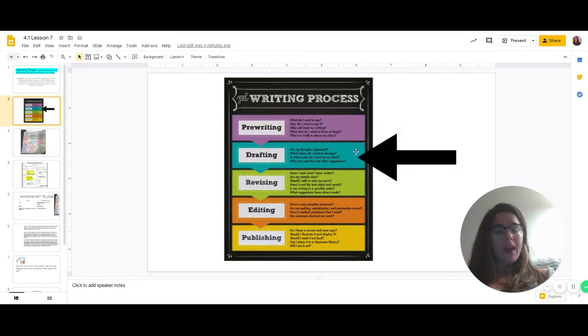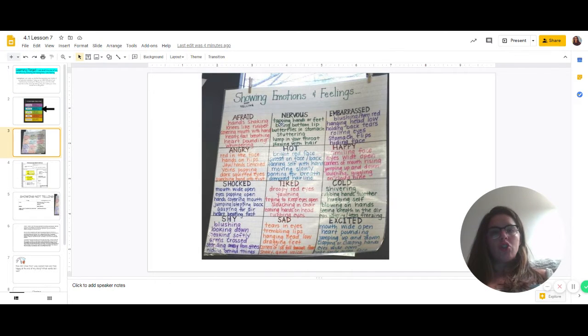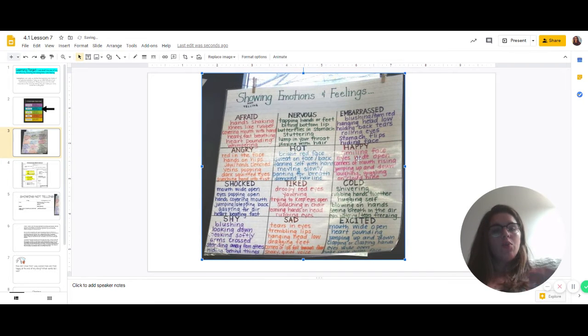We are still in the drafting stage of the writing process. We're still getting all our ideas out. We're writing the ending today. So what do I mean by showing your feelings and not telling? Well, here's a chart to help you, to give you some of the language to use when writing your